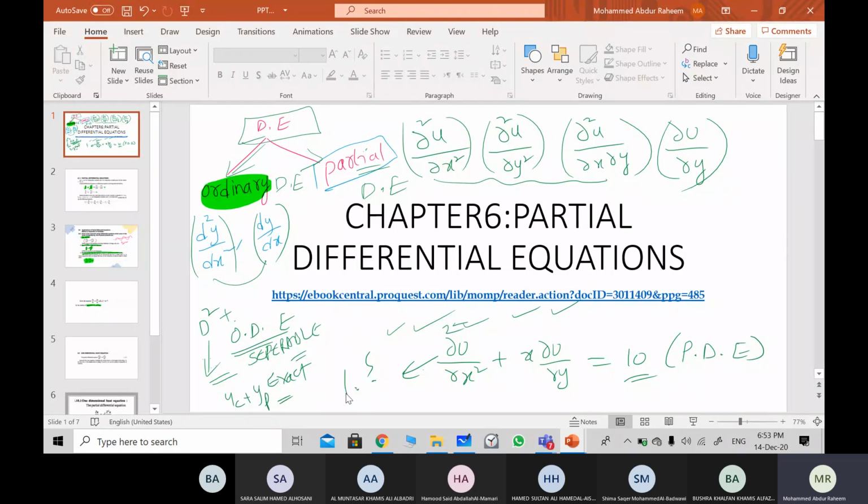But right now, how to solve partial differential equations is the target. Understand? This is chapter 4, D square solving. First order solving was chapter 1, 2, 3, like that. But now,